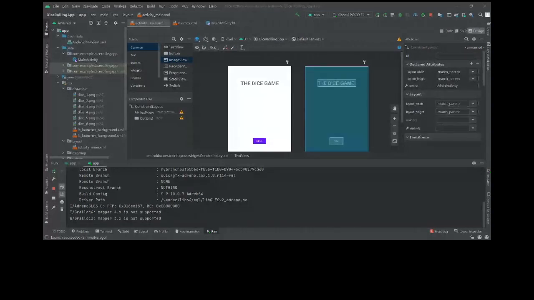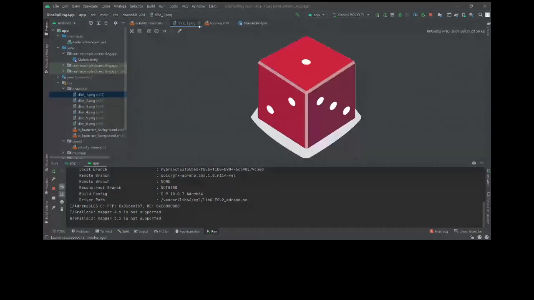So I'm sharing a URL. You can find all the images that I'm using here. You can download the folder with the images of the dice. Then you open the folder and just drag those images into your drawable folder in Android. So you can see all the dice images are here. If I open dice one, you see this is the dice one image.